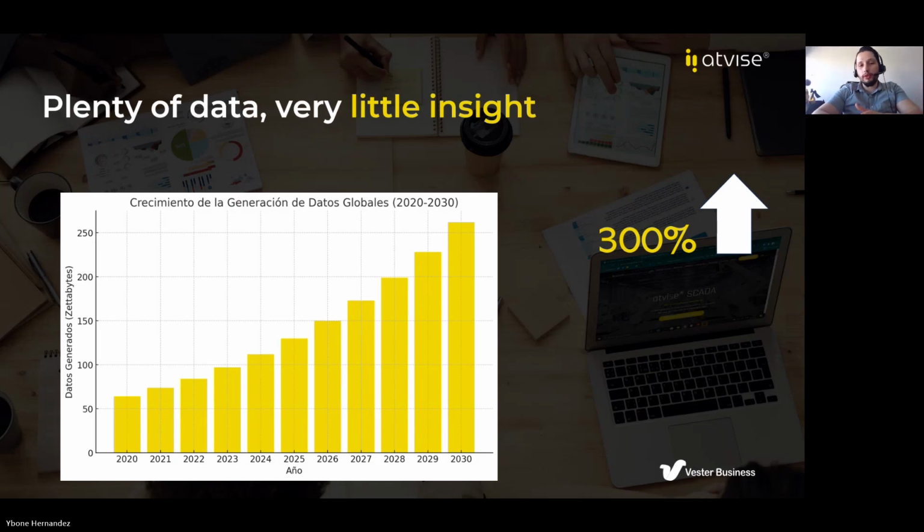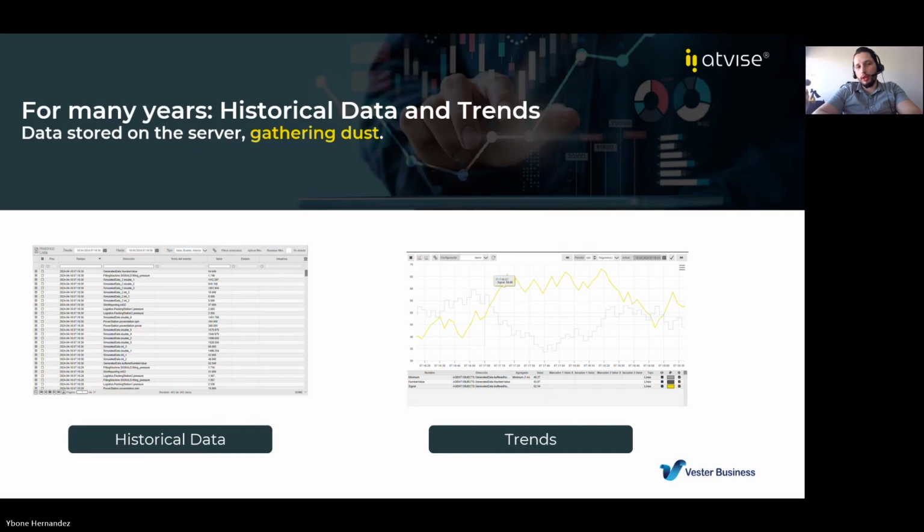This is a trend that we've seen over the last years. And what happens is that we have a lot of data, but what do we do with that data that we have stored in our servers?